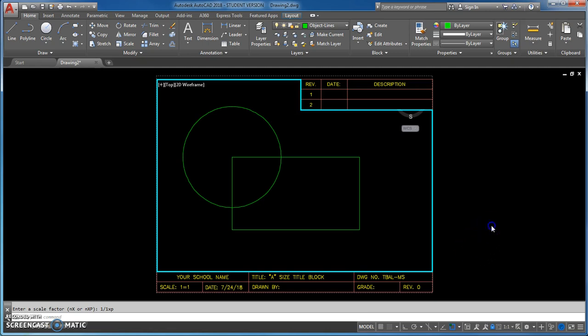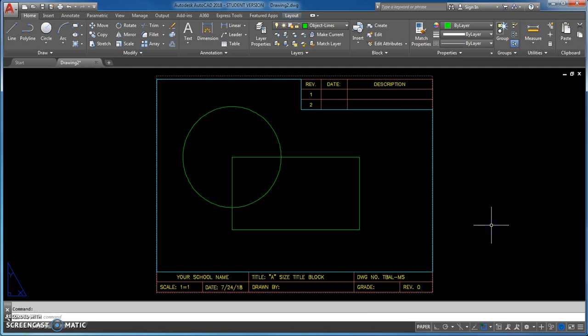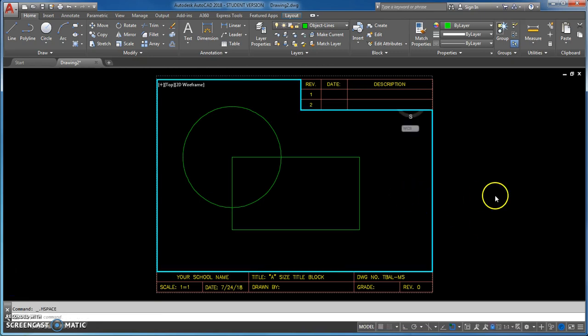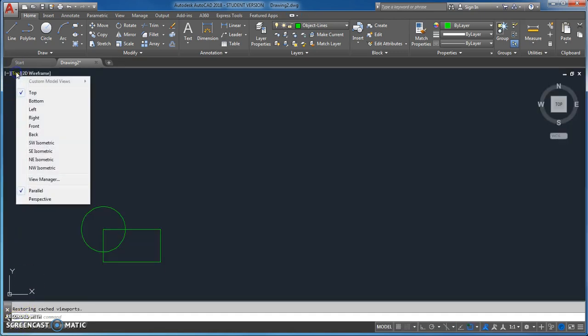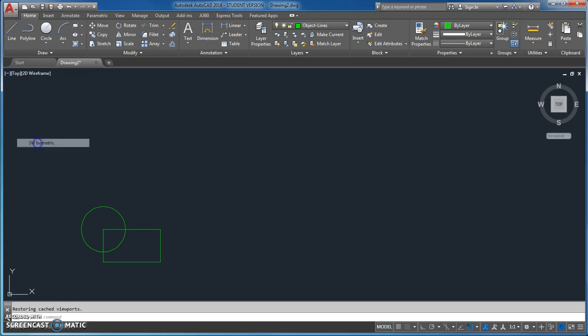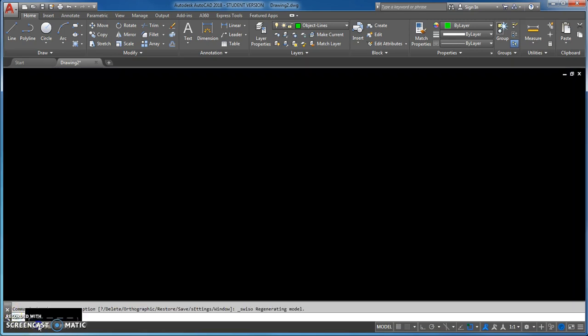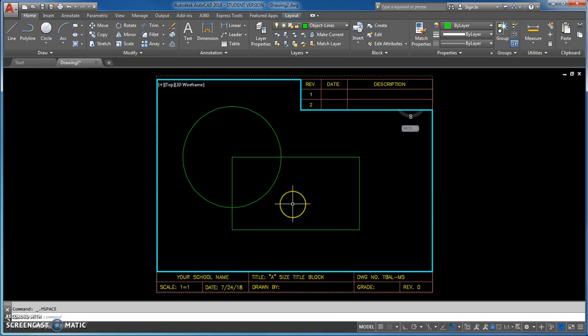Now, to prove to you that I'm in Paperspace, now I'm in model space, and the two are different, I'll do a couple things here. I'm going to go back to model space, and I'm going to go from a top view to a southwest isometric. So there it is. I go back to my layout. I'm going to regen,